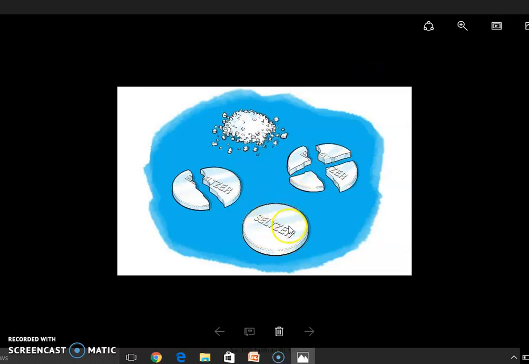This factor we can observe in medicines also. If we have a tablet that we swallow, it needs to be broken or disintegrated. If it is broken into powder form, then the solubility will be more. If it does not break or disintegrate, the solubility will not be there. So initially there must be very small particle size so that solubility will increase. In comparison with the tablet, powders have more solubility.